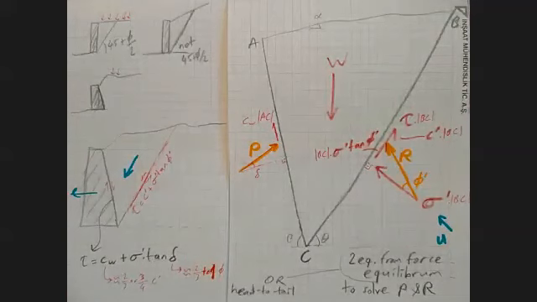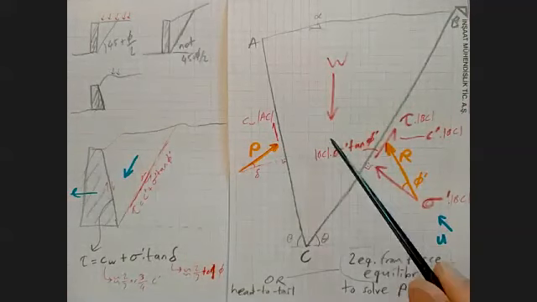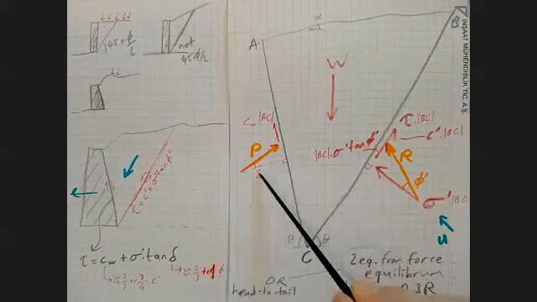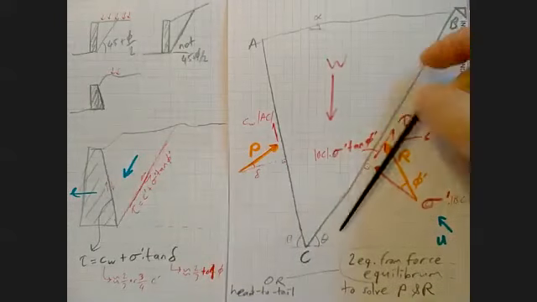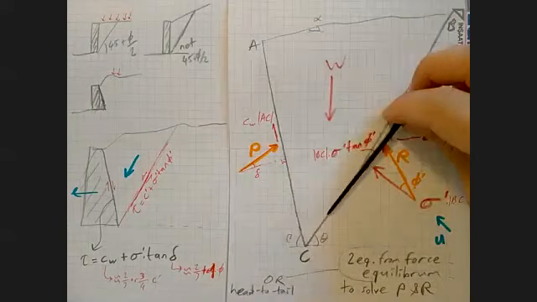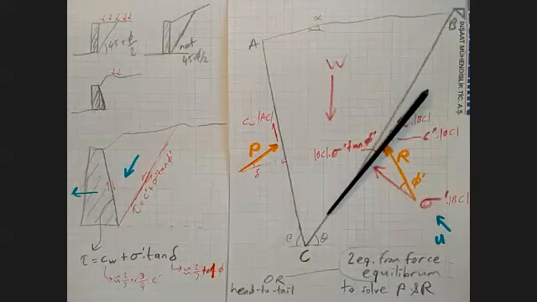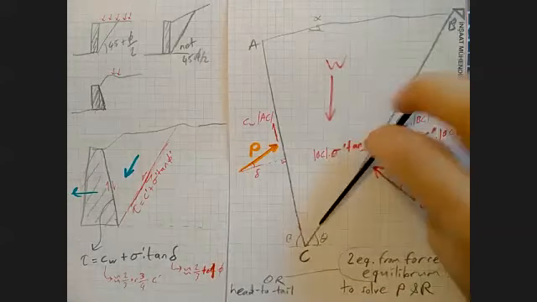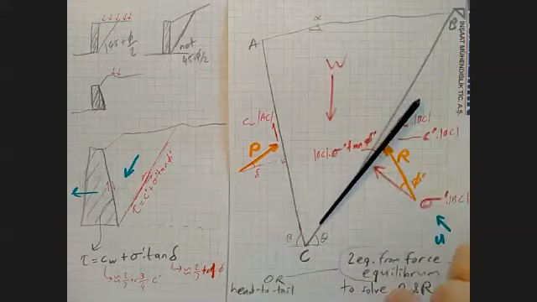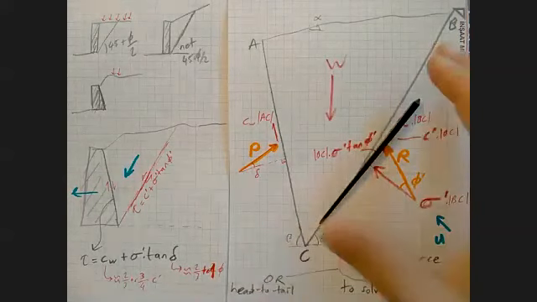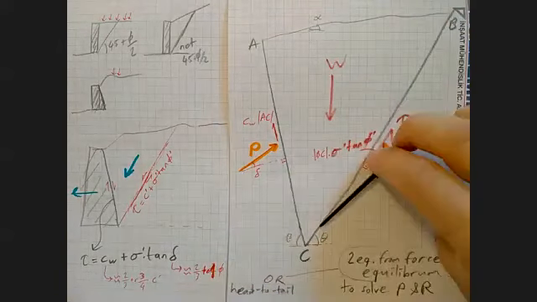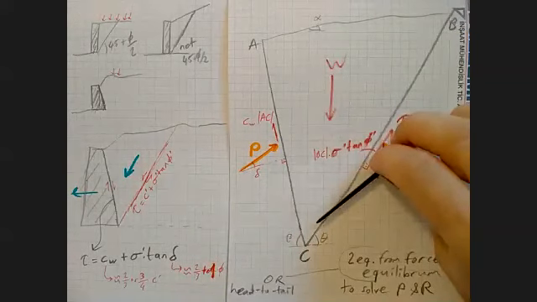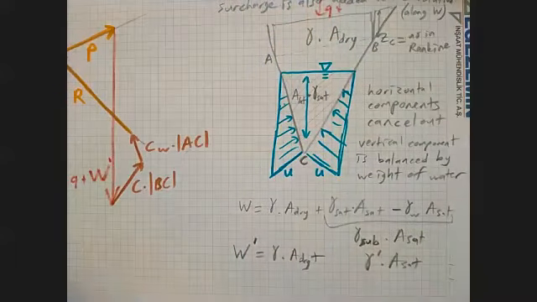So the most critical case is the case where this wedge applies largest force to the wall, because this plane can be anything, and the plane that has least resistance to this failure will be least supported, will give me the least supported wedge, and the least supported wedge will apply the most pressure to the wall. So Coulomb went ahead and solved this,